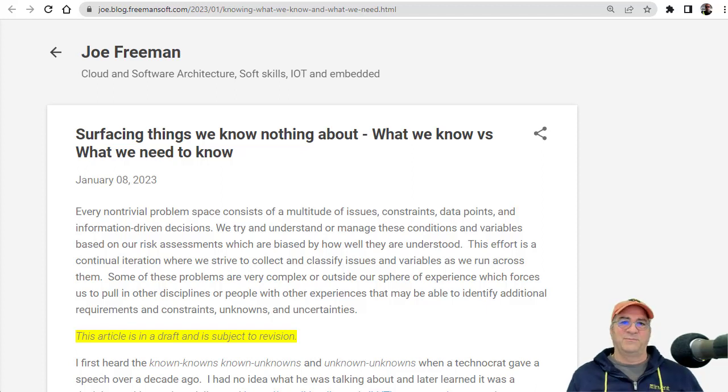I have been enamored with this topic for a really long time, and I've never been able to do it justice, but we'll try again here. And this is really about surfacing the things we know nothing about or understanding in a large problem, the scope of that problem. And you have these non-trivial spaces where individuals don't understand the scope of it,